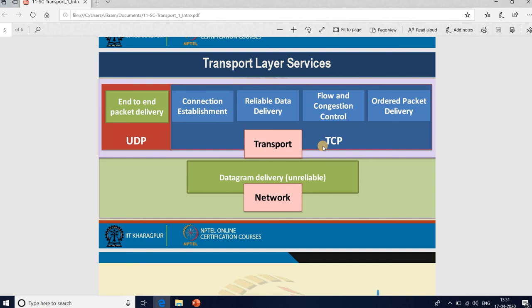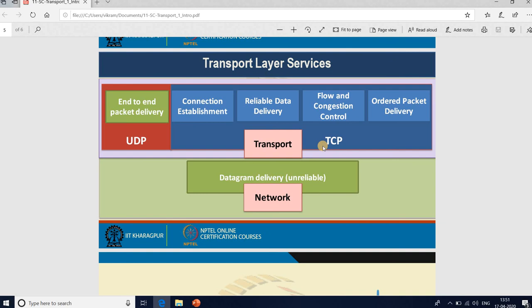However, since you are getting unreliable datagram delivery at the network layer, the transport layer is tasked to ensure that the messages you are trying to send from one host to another host are transferred correctly.